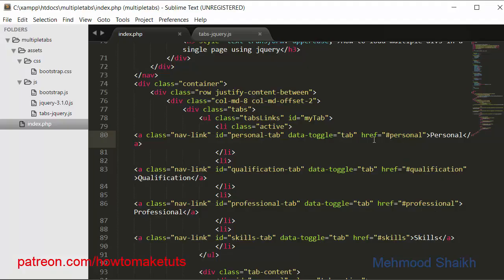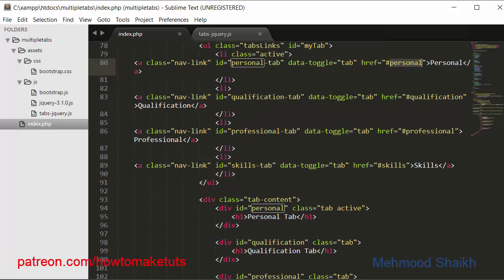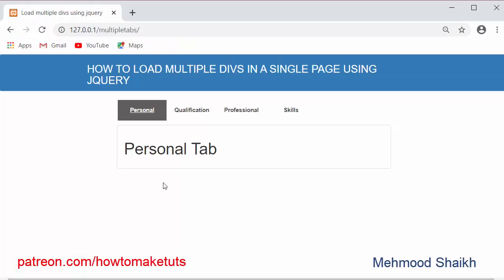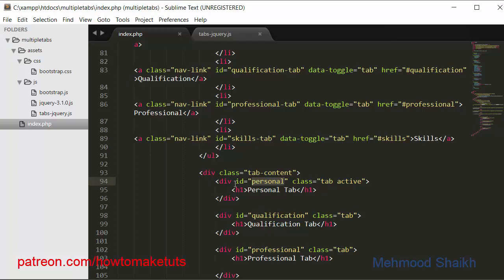As you can see here, this is the id which I have given to this div. So the moment I click on personal, this div will get loaded with this content.